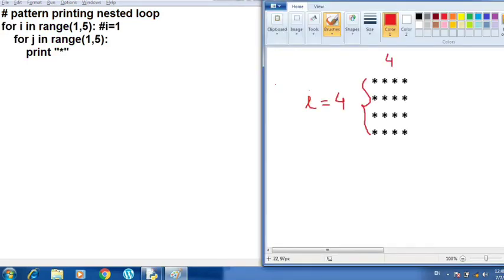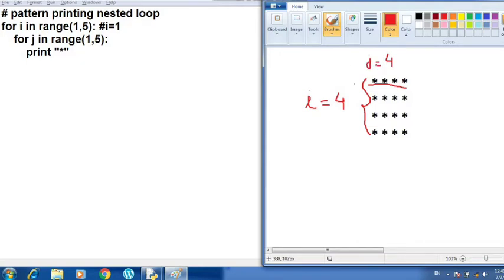Student, let us see how this pattern will be executed. First time when you execute this program, the interpreter will read the first line where the value of i will be 1. So a value of i being 1 means I will be on the first row, right? So now the value of i is 1, so it enters the inner loop. The inner loop, as we know, is for column printing, right?